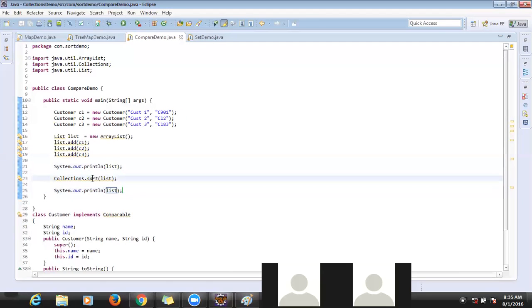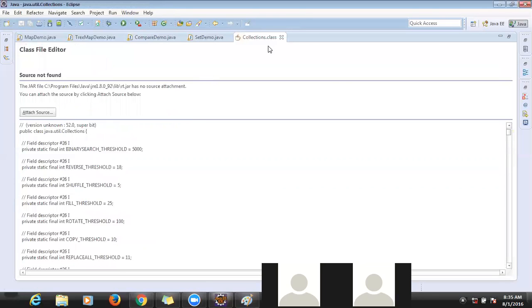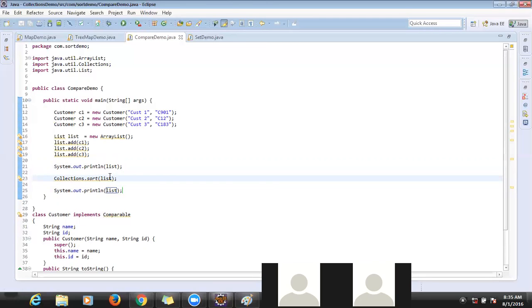So collections is a class, not an interface, I guess. Inside that there is a method called sort. For this we have to pass our list. It will sort the elements, whatever list you pass, and give back the sorted list.